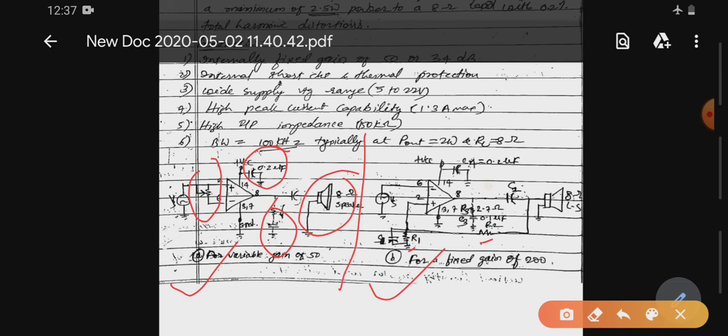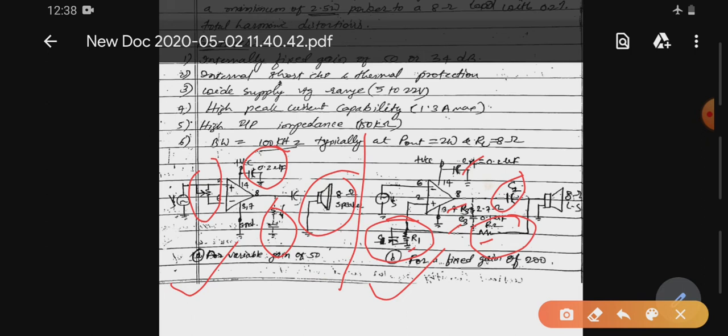We will focus on the second circuit diagram in which the gain is very high, up to 200. So you will have to calculate the values of R1, C1 and R2. Other component values are fixed. R3 is equal to 2.7 ohm, C3 is equal to 0.1 microfarad. Here this capacitor value is 0.2 microfarad. And calculation of this C2 also.